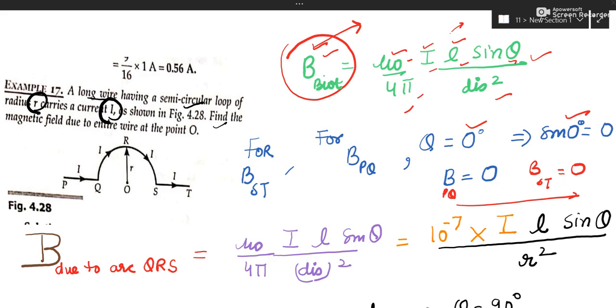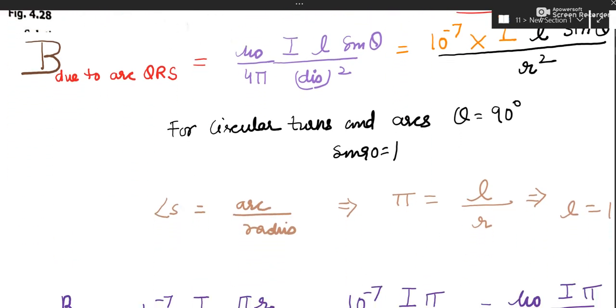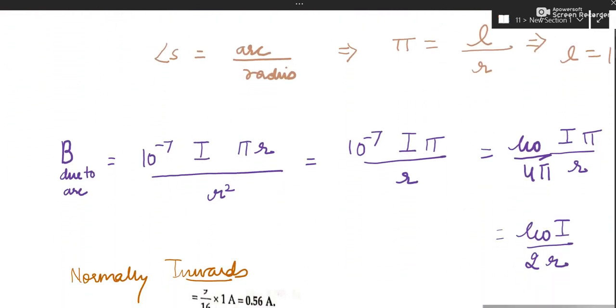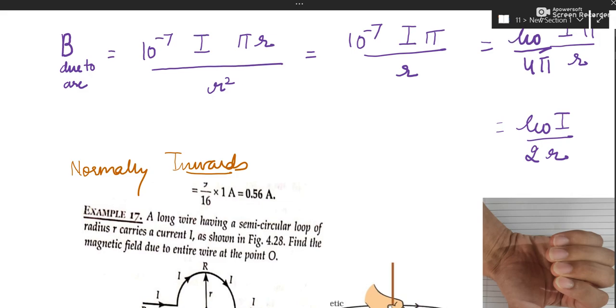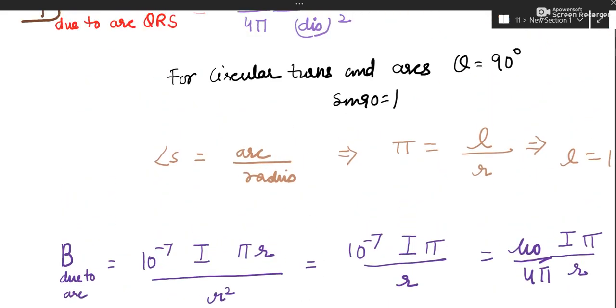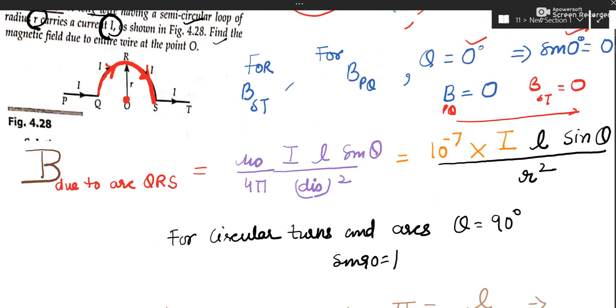Now let us find out the magnetic field at O due to this circular portion. Okay, it is a semicircular portion. We can go by direct method also. Let us go by direct method. I have done by long method. I'll tell you where to use this long method. So it is simple because we have to tell due to semicircular arc.